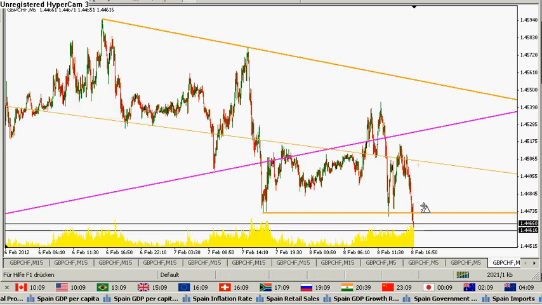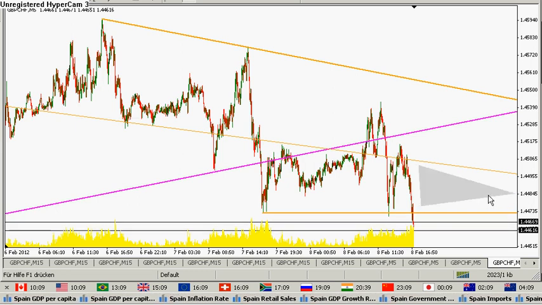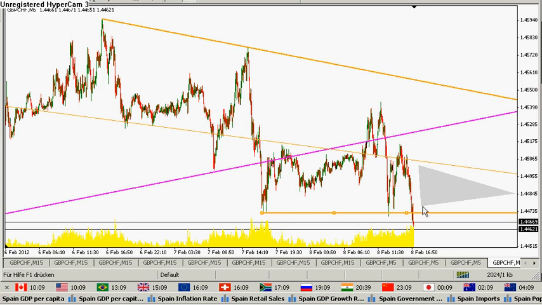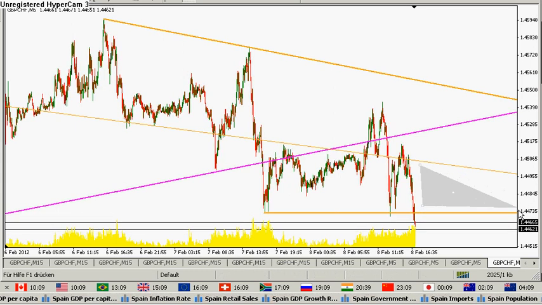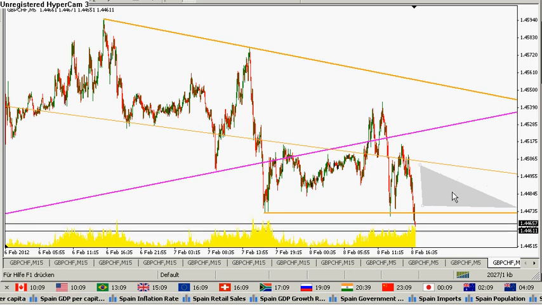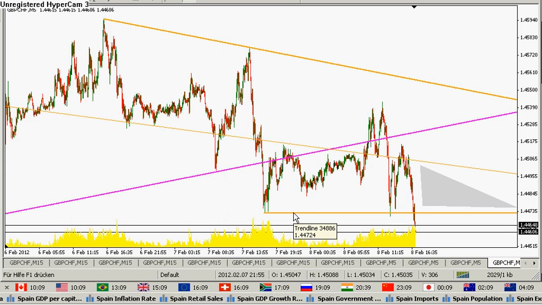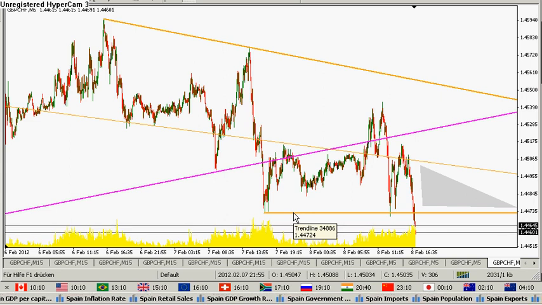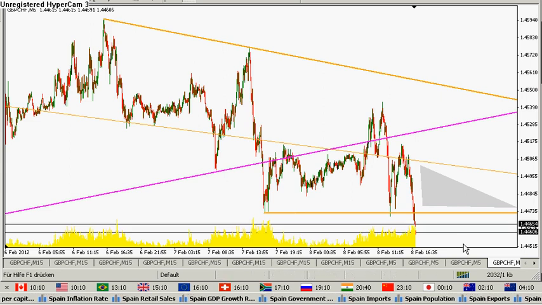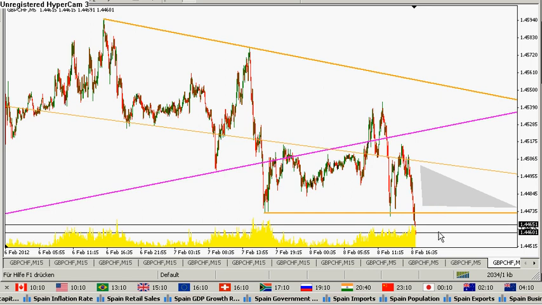So waiting. If you need a trading idea for today, waiting, drink a cup of tea or coffee, of course, whatever you want, and I would prefer to buy if we come back. At my broker it is of course 144.72. So I'm thinking we will see prices here, and hoping and speculating that we fall back and then